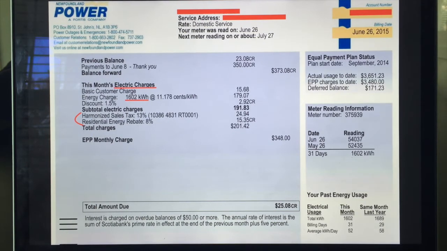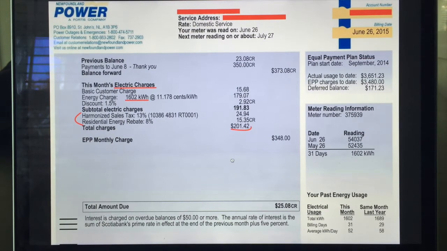So that's no longer going to be going forward as of July 1st. So this line item won't be there on bills going forward. So you'll only see the full 13% harmonized sales tax, which I guess is scheduled to go up to 15% starting January 1st. So then you can see your total charge for the month,